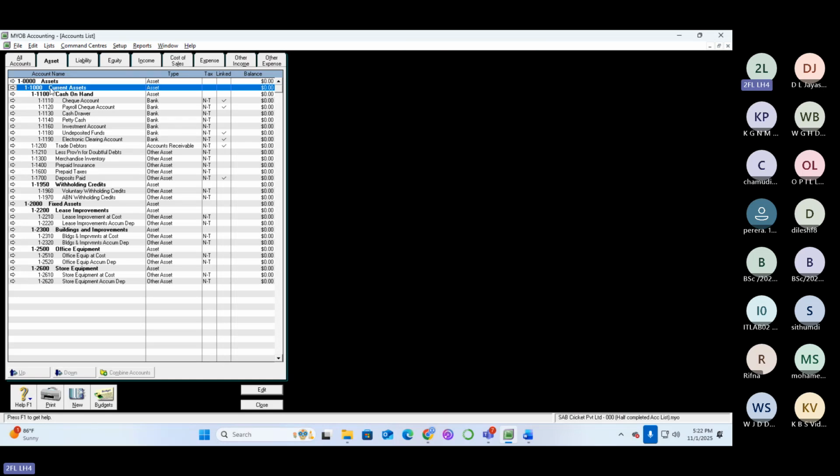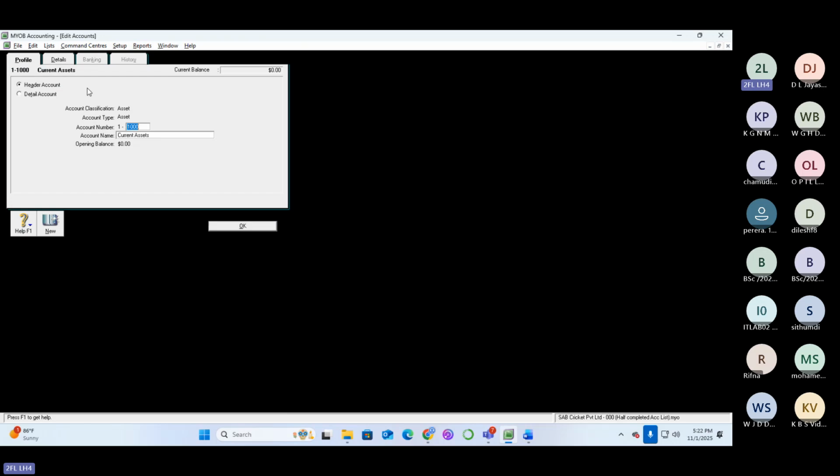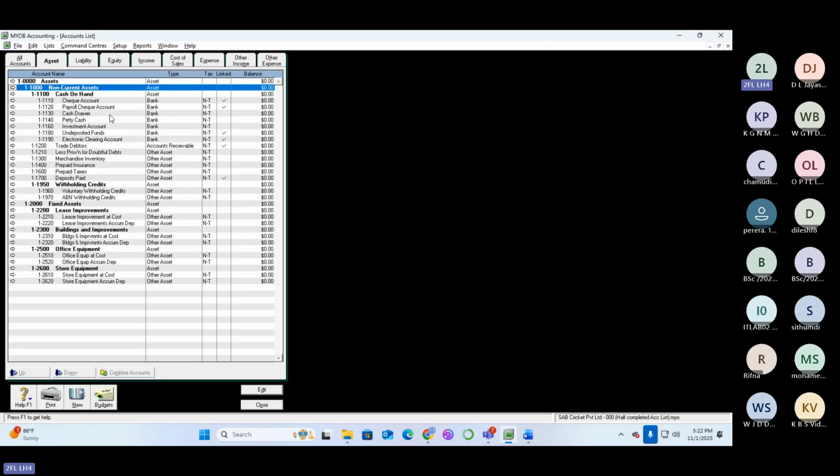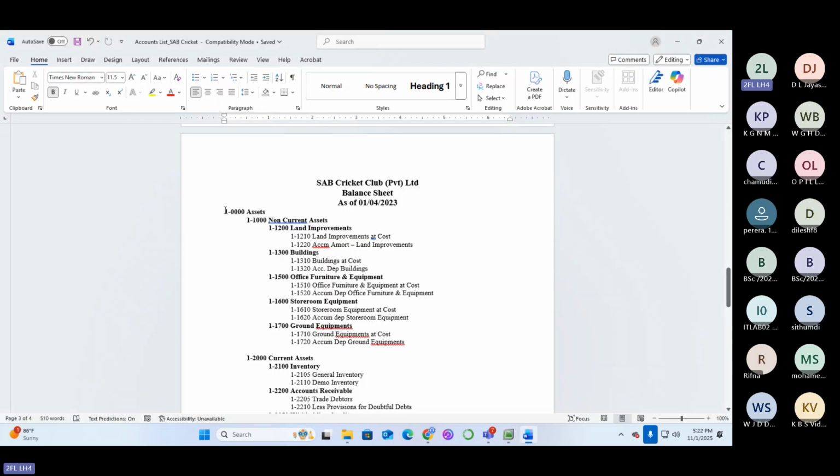Right. So here 1-1000 is current assets. So we will quickly change the name. Only the name. "Non" is the only word you have to type in front of that, right? Non-current assets. And then